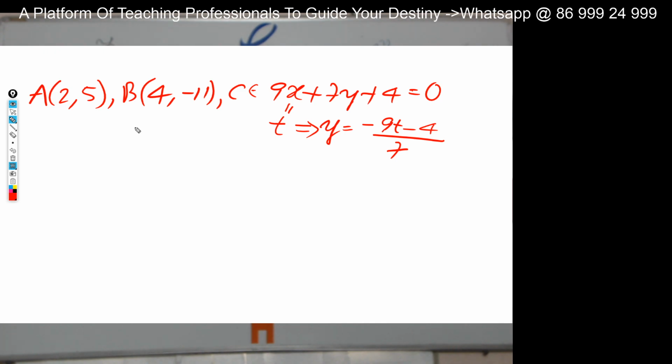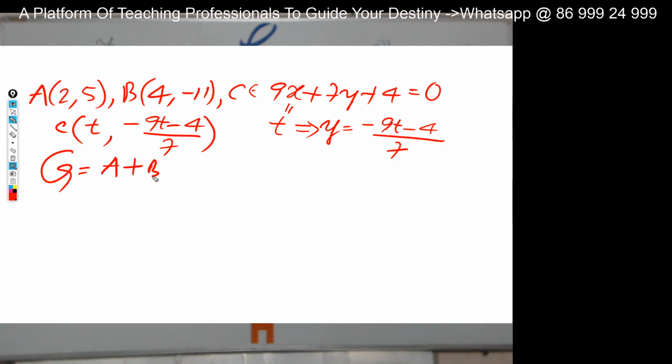So you take C as (t, minus (9t plus 4) by 7). G is equal to, everyone knows, (A plus B plus C) by 3. You have to find out the locus of the centroid. Centroid is G. So I'm writing the direct step. G is (x, y), meaning (3x, 3y)